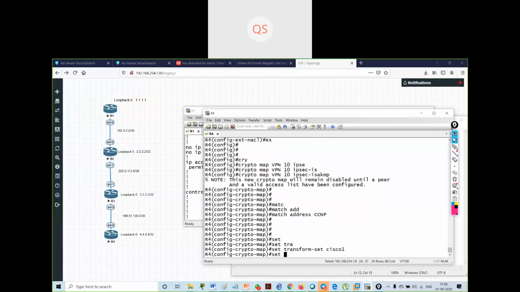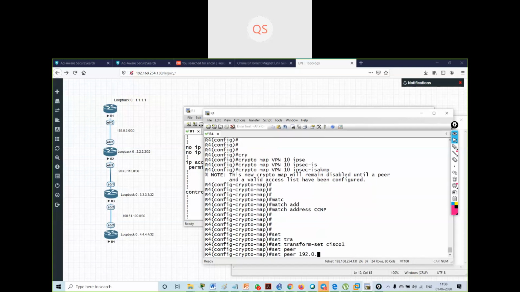Then my neighbor address, my peer address, over here on R4 will be 192.0.2.1.